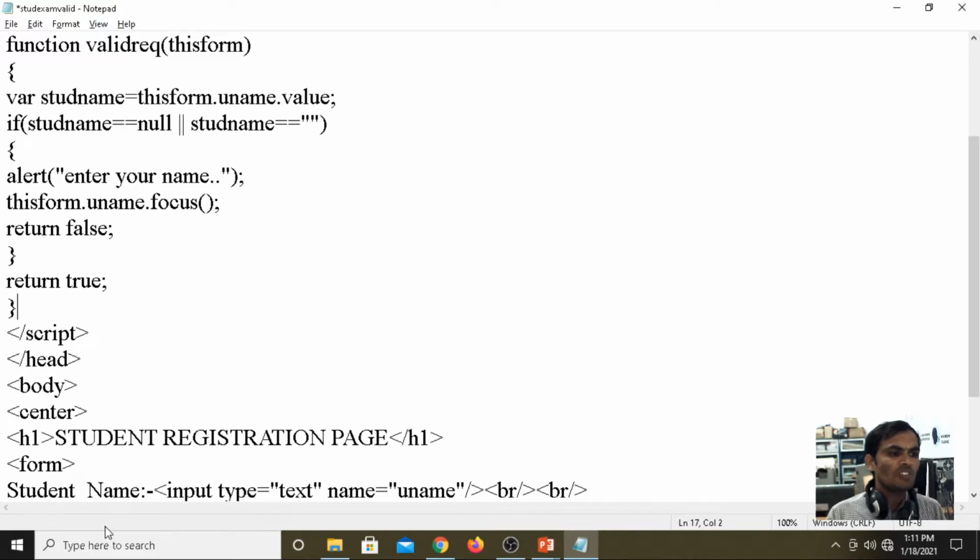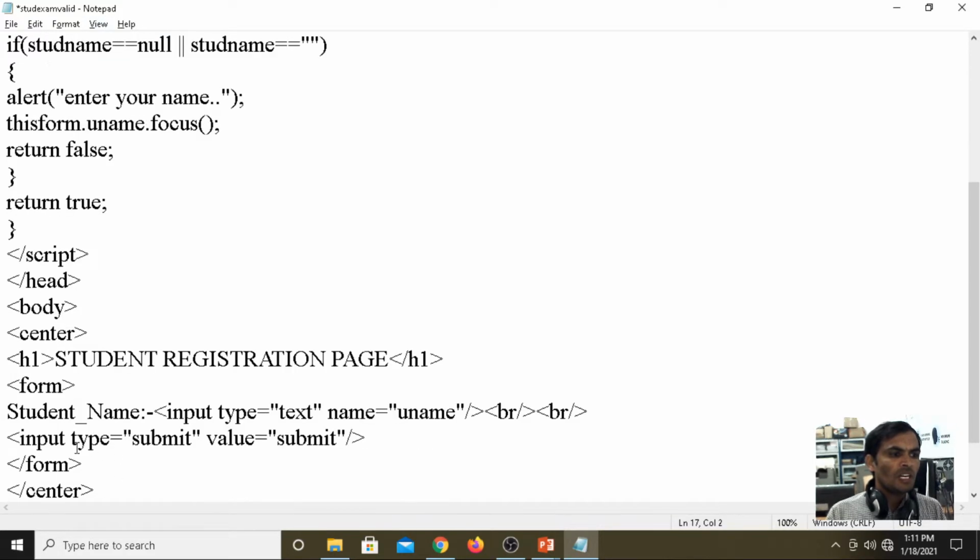Now this function we should call in your form. The form tag has attributes. For performing the action we use onsubmit, which is an attribute.